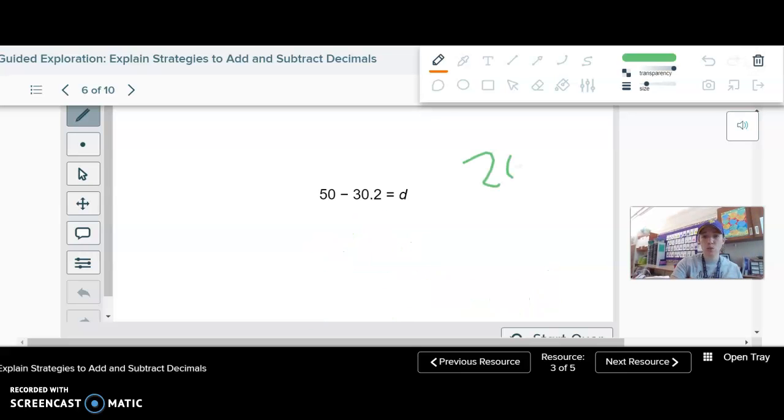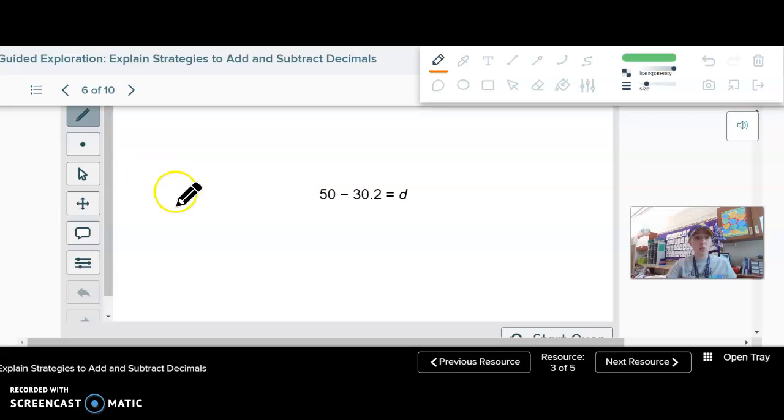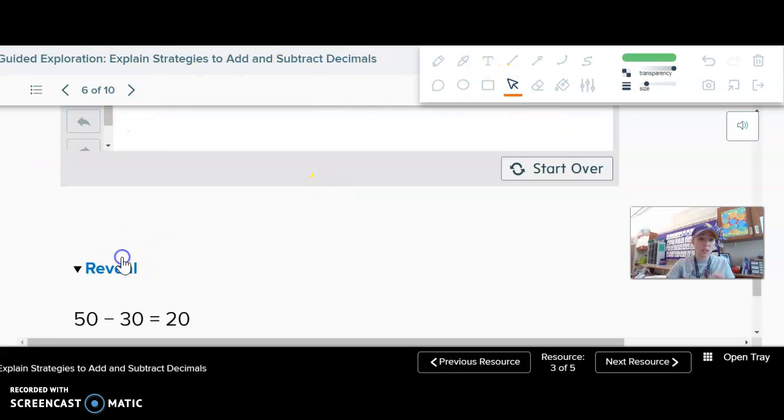So then you could also do 20 minus 0.2. Put our 0 there. Can't do that, so I need to borrow. Can borrow from the 20, make it 19. 10 minus 2 is 8, and then 19. So that I sort of used a combination. I first used decomposing and doing it by place value, and then I used the more traditional way of doing it. That's fine. Whatever sort of works for you to help get you to your answer